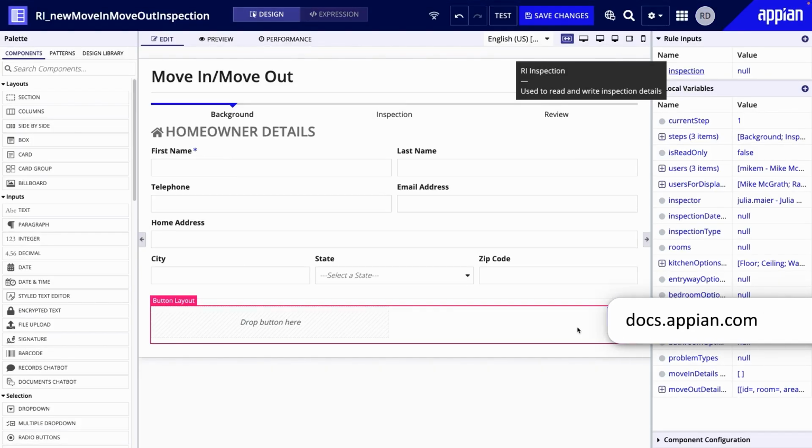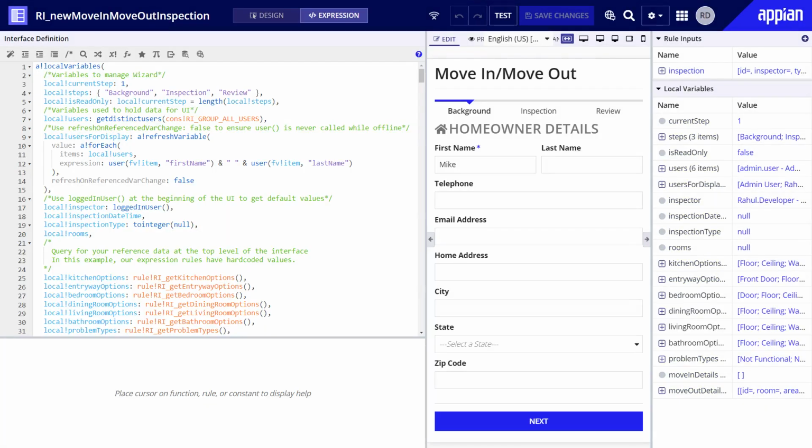Next, let's switch to expression mode to take a closer look at the data saved to Rahul's local variables. Rahul made sure these local variables are loaded before the form layout, ensuring the data is available for an offline experience. This is because after an interface's initial evaluation on the server, it no longer communicates with the server. Instead, the interface re-evaluates without the server, so you need to preload data to your form so users can use it without the server. To do this, you will use local variables to query and store the data used throughout